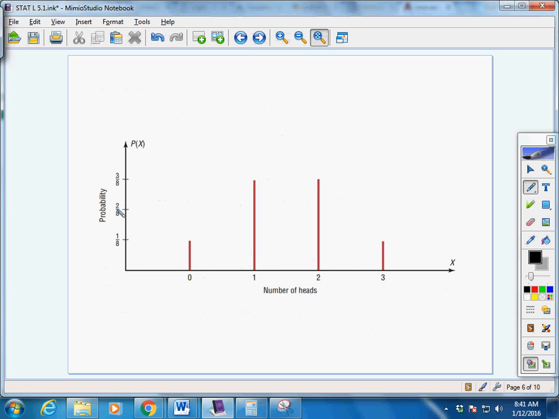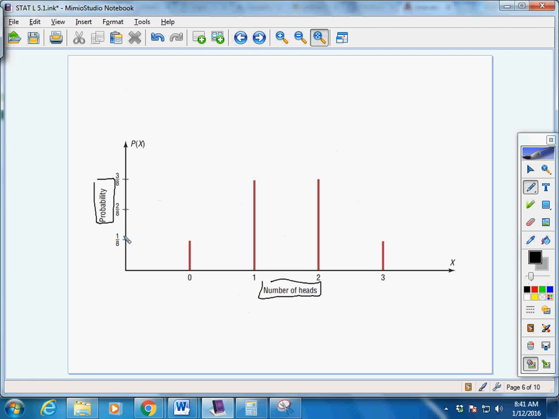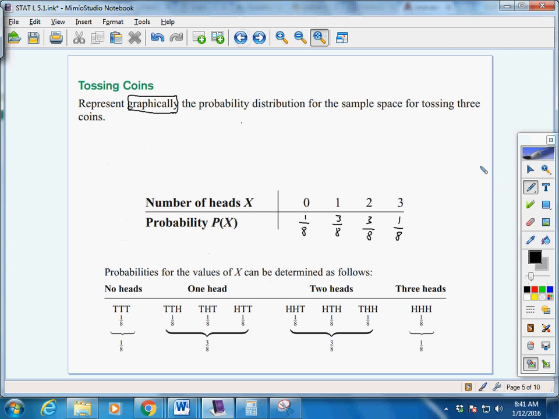So, if you see here, we have a probability on our y-axis and the number of heads, so our random variable here, on the x-axis: 0, 1, 2, or 3. That's our 4 choices. 1/8, 2/8, 3/8, 4/8, or 1/2. You could keep going here, but remember,